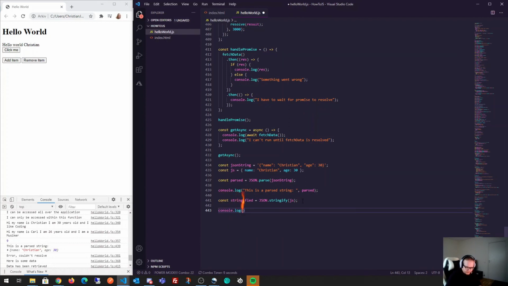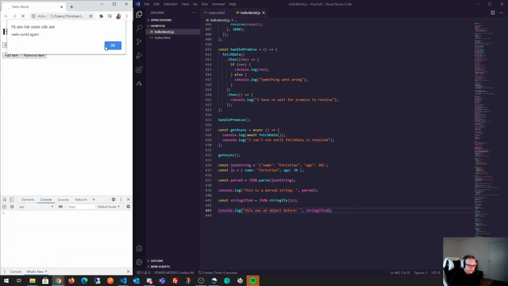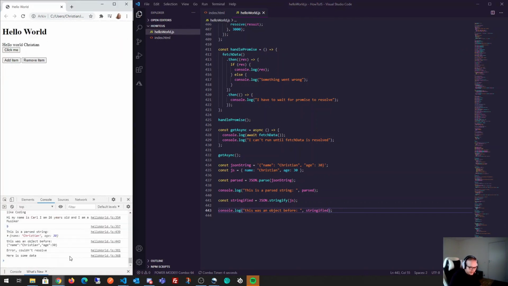Console.log, and then I will say this was an object before, and then I will print out the stringified constant. And then when I refresh this, we can see that